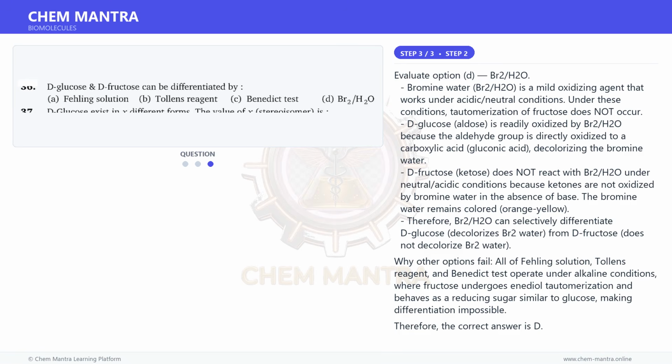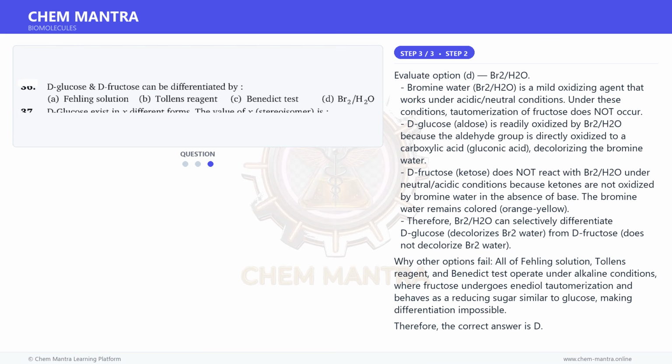And for the final step, evaluate option D, Br2/H2O. Bromine water, Br2/H2O, is a mild oxidizing agent that works under acidic or neutral conditions. Under these conditions, tautomerization of fructose does not occur. D-glucose, an aldose, is readily oxidized by Br2/H2O because the aldehyde group is directly oxidized to a carboxylic acid, gluconic acid,